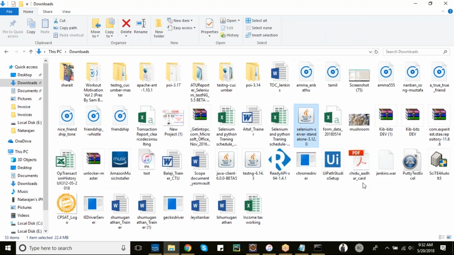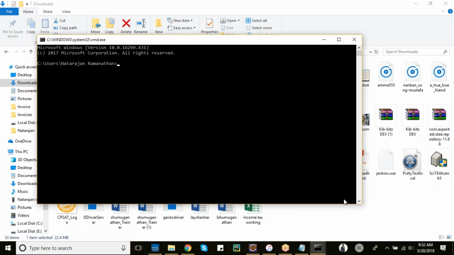So you can get onto the other machine that is in the same network either through Ethernet or through Wi-Fi. I'll use the same machine myself. I'll get onto the location where downloads is available, I mean where the Selenium server standalone is available. I'll create a node now. So I'll say Java